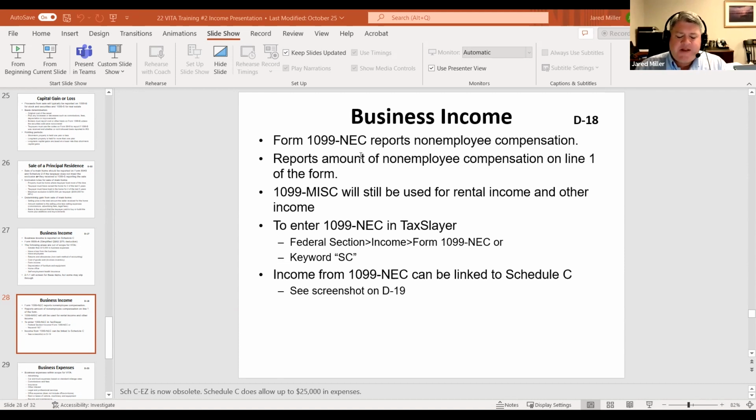So business income could be coming in off the NEC. It could be coming in off a 1099-K. I believe most of our Lyft or Uber drivers are probably going to get the 1099-NEC and not the 1099-K. The 1099-K is actually for credit card processors or electronic bank transfers. So just to watch, the government is actually requiring that we see a lot more disclosure of things like PayPal and Venmo, where these payments are going, and we may just see a little bit more reporting of that activity.